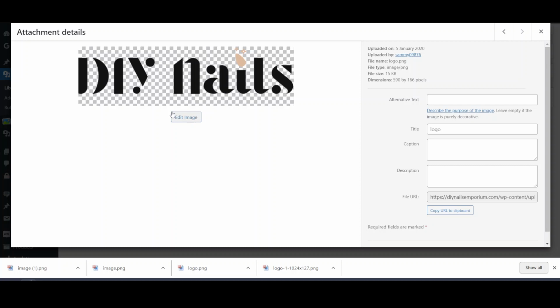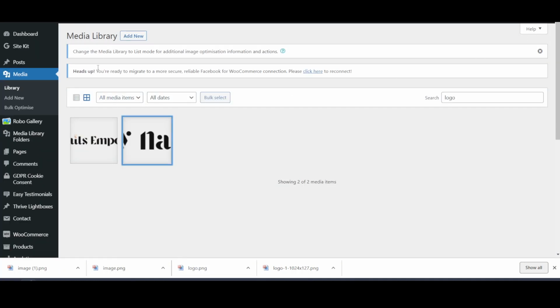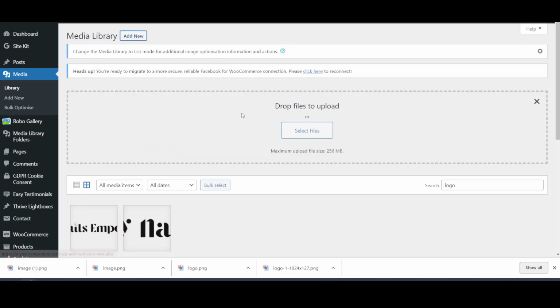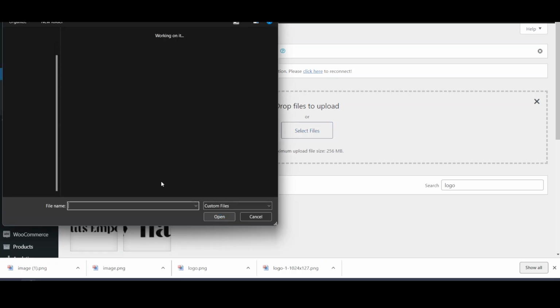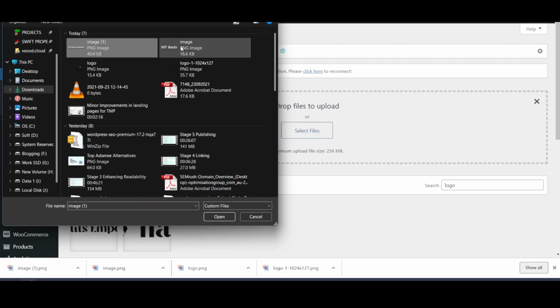Now we can simply go to the media folder and upload both the images. So here are the light logos.